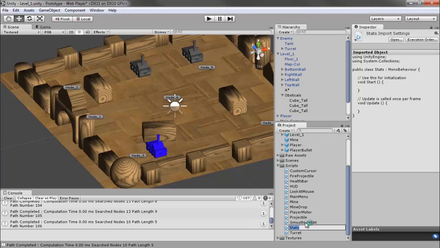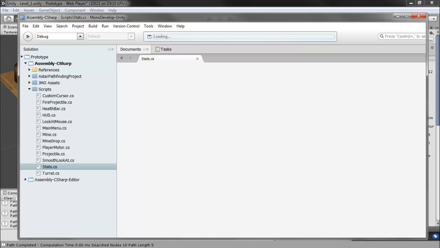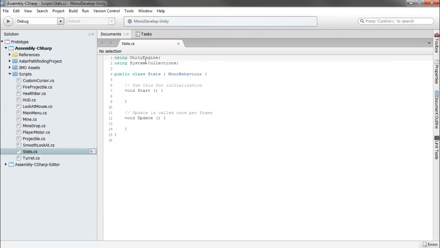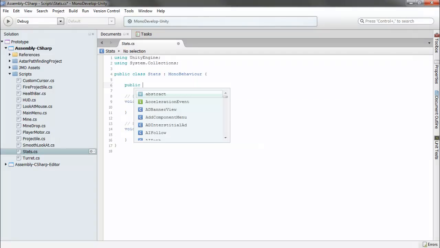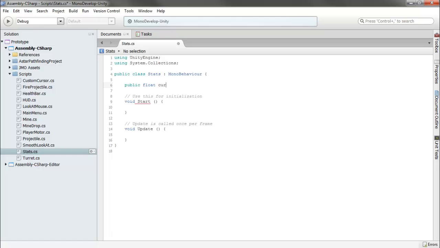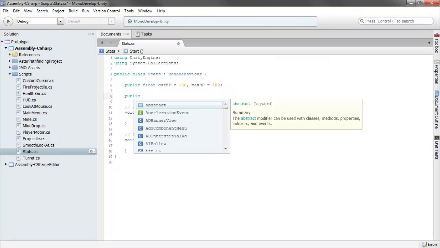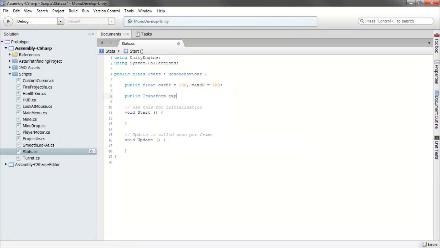We'll start out with our stat script. Open that up in MonoDevelop. And we'll need a reference to our HP, so we'll say current HP is equal to 100, and max HP is equal to 100. And we'll also need a transform for an explosion that's going to happen once our tank explodes, and we'll need a bool to tell us whether we need to explode or not. Bool explode,